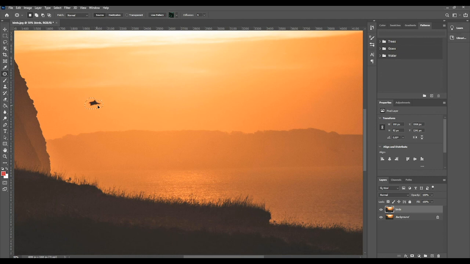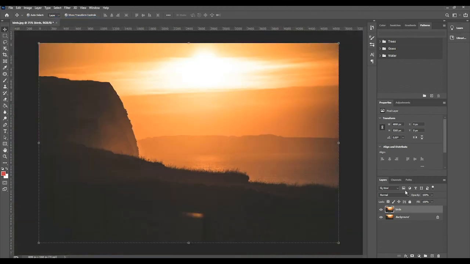and we could just patch that area there. So what it does is actually patches the pixels in that area. Now we could zoom out and you can't tell that the birds were there. So this is with the birds, without the birds,